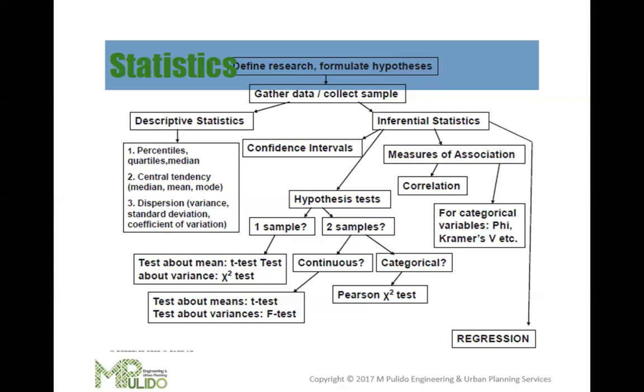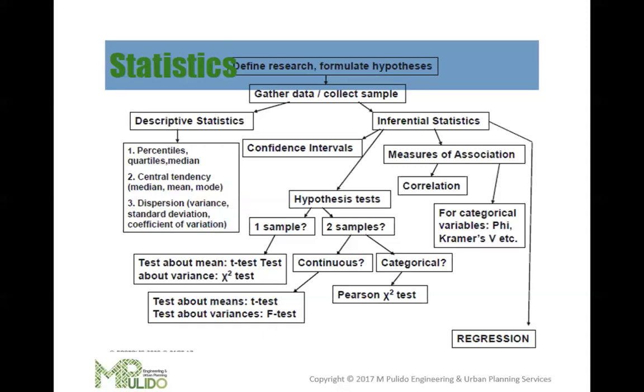For central tendency, number 2 under descriptive statistics: mean, the average value; median, the middle value; mode, the most frequently occurring value. You may be asked in your board exam to calculate the mean test score to understand the average performance of students. Then dispersion, number 3, is